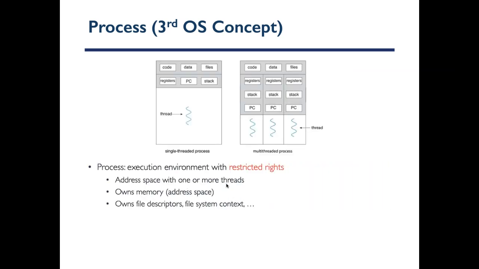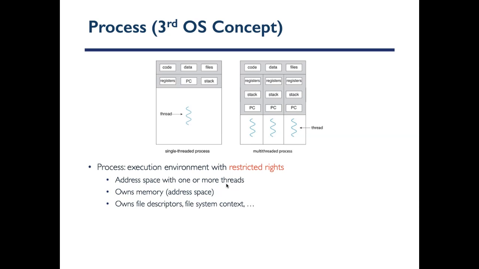The third OS concept is process. Again, you should know about this. We're going to define process by the first two concepts that we saw. So a process is a combination of an address space and a bunch of threads, one or more threads. Each process has its own address space, its own file descriptors, its own file system contexts,